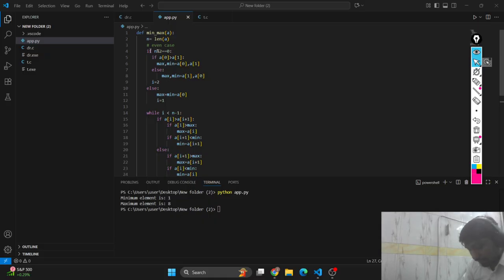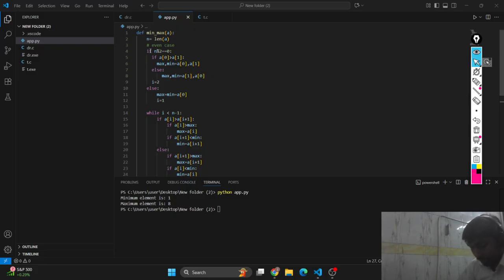The initialization, with even or odd. If the array length is even, then we compare the first two elements, one comparison. If the array length is odd, there is no initial comparison, just set min and max to array of 0, and